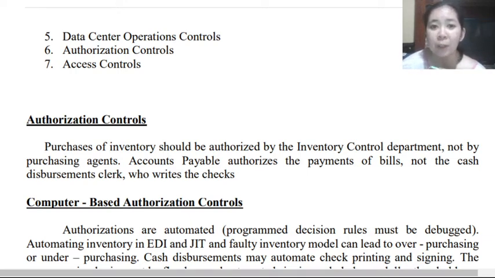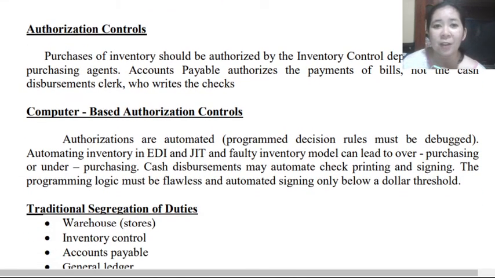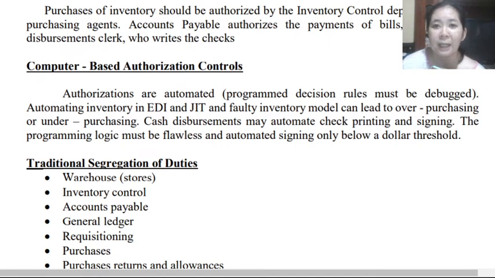The accounts payable will authorize the payments of bills and not the cash disbursement clerk who writes the checks. For computer-based authorization controls, in the case of automation, authorizations are automated, meaning program decision rules must be debugged. So automating inventory, EDI, and just-in-time with a faulty inventory model can lead to over purchasing or under purchasing. Therefore, cash disbursements may also be